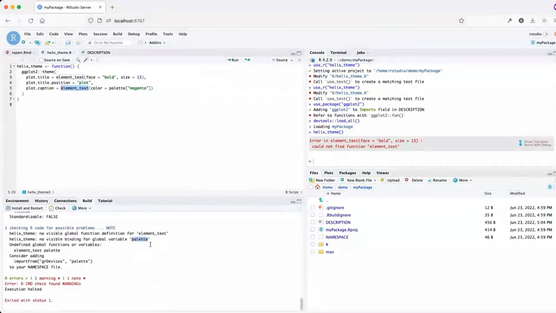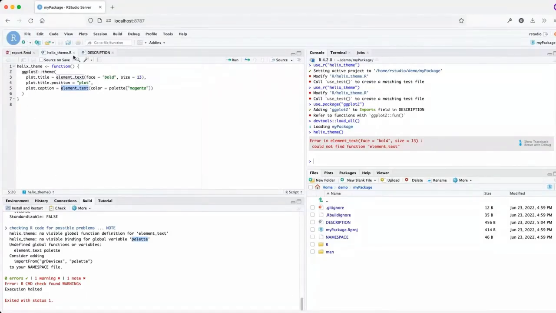Now that I've seen you do it, check often takes a very long time to run, especially if you have a lot of R files and a lot going on in your package. And if you did the thing that I always do, which is run DevTools check in the console, it freezes your session until the check is done. But what Garrick just did by clicking the button and running it in the build pane is you could keep developing and doing work in the console while it ran the check. That's radical.